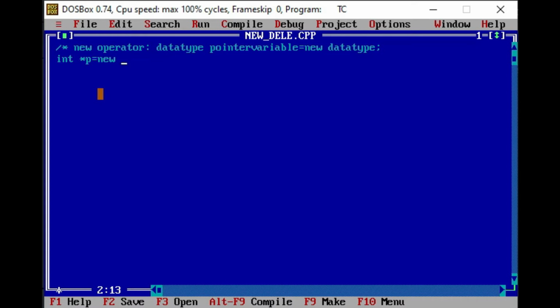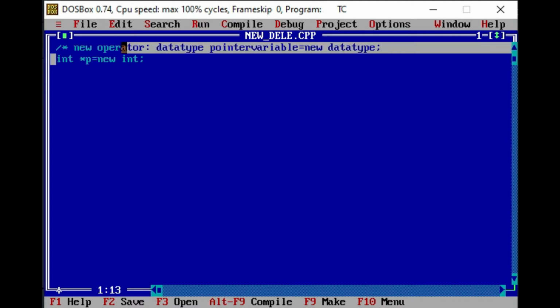To specify that, we need to write the data type. So here I am writing int because I want to store an integer. For that I have taken a pointer of integer type, and int means I want memory of 2 bytes. So the new operator will allocate the memory, and here int specifies that 2 bytes of memory is required. And after that, a semicolon. So this is the syntax for the new operator.